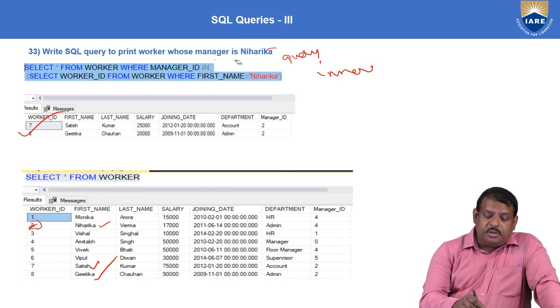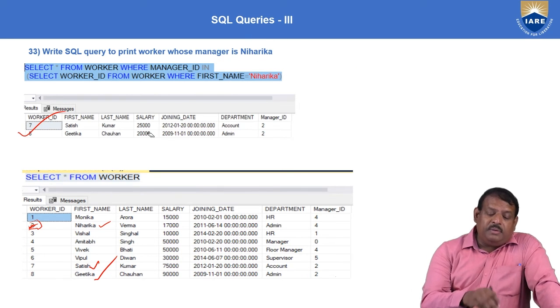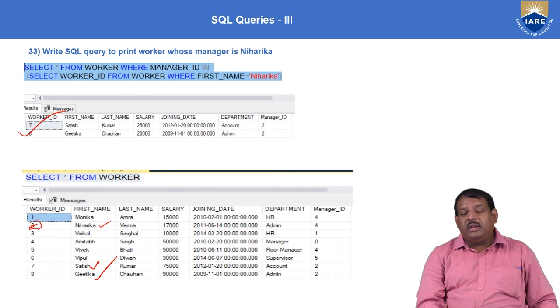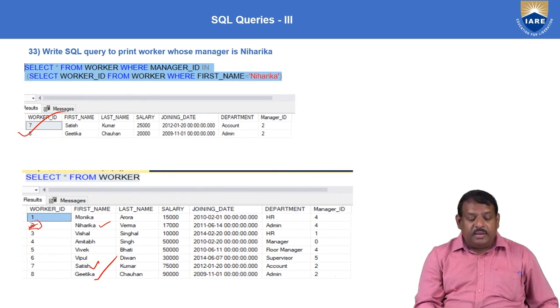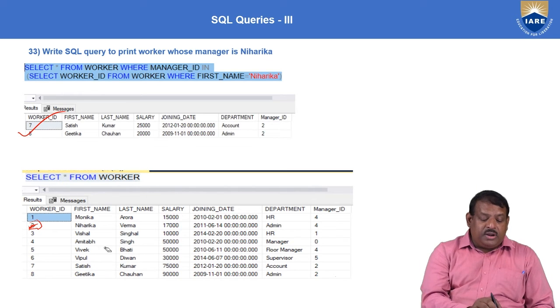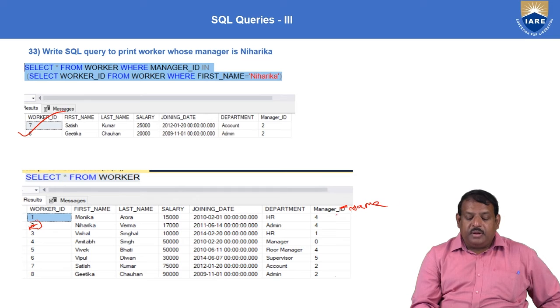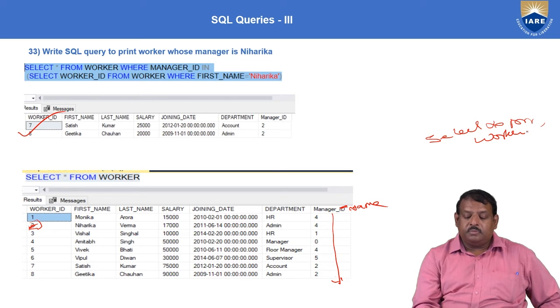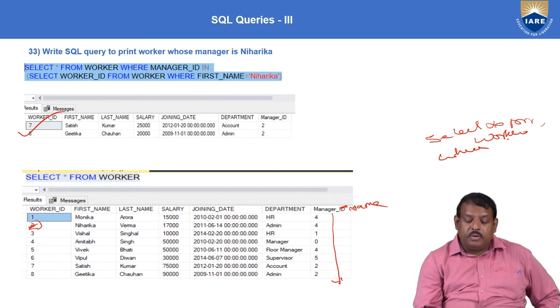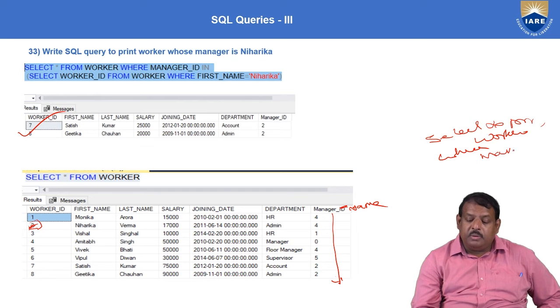Understood? What is the purpose of the subquery? Here we cannot write only a single query, because of Niharika's information. If the manager name were directly available here, then you could directly write a query: select star from worker where manager name is equal to Niharika.